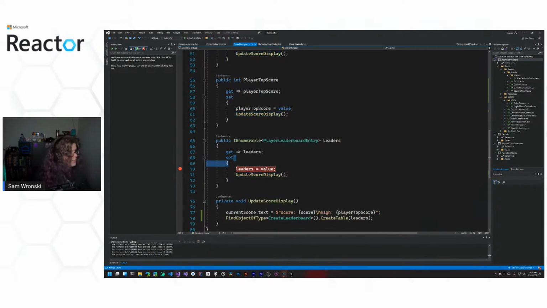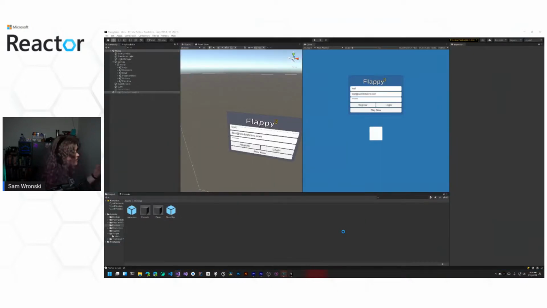In this case, we just pulled the leaders down, which means that this new table is going to have some new leaders assigned to it. Now we only have one user that has this high score assigned to them. All the other ones don't. So we need to do something to make that actually work.